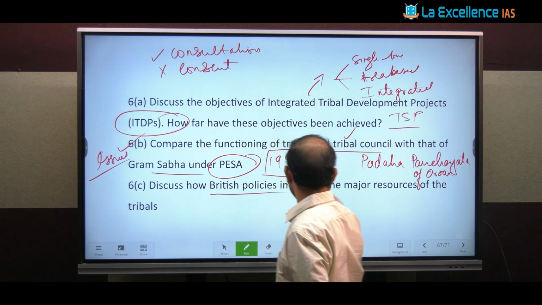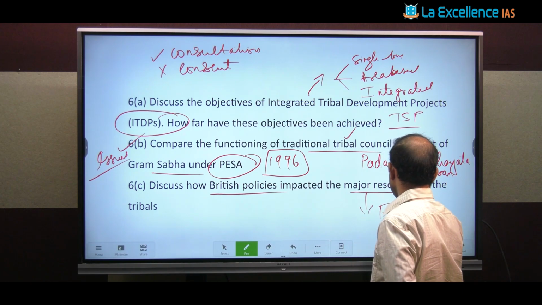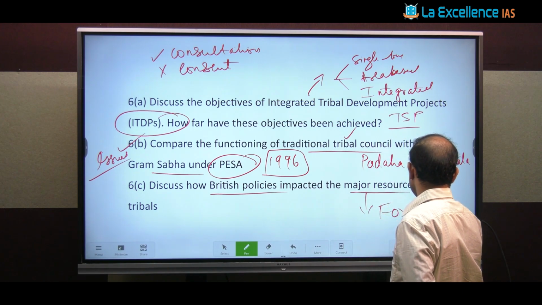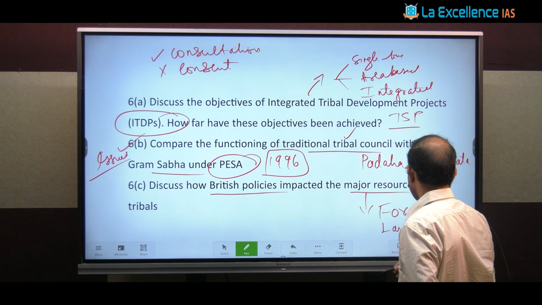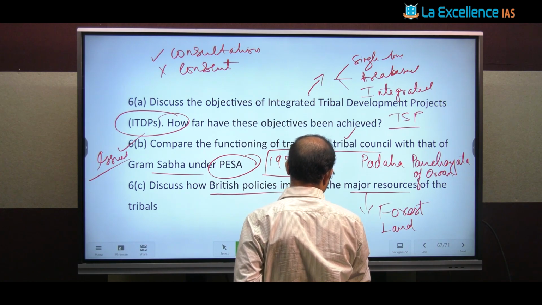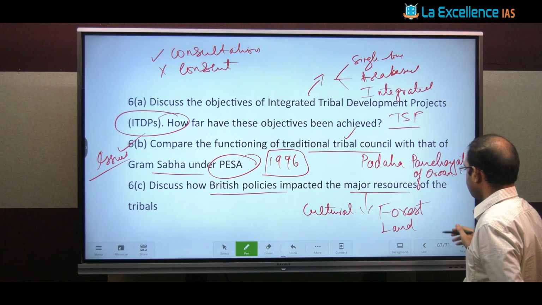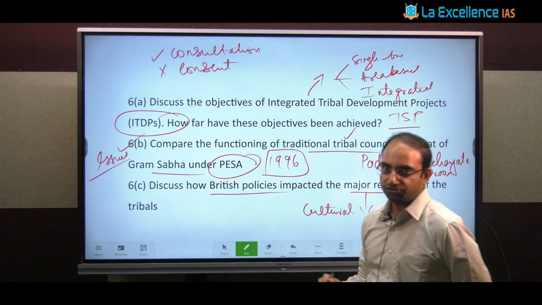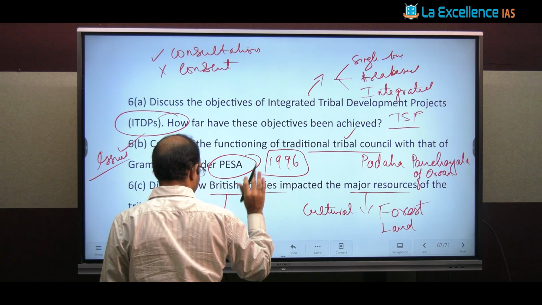Next, British policies impacted major resources of tribals. So here the focus must be largely on forest resources and then land resources, how land alienation had happened because of British, and also you can talk about cultural resources. So these can be your focus. So talk about exploitation of tribals in the colonial period and how this has ultimately, don't just talk exploitation, also